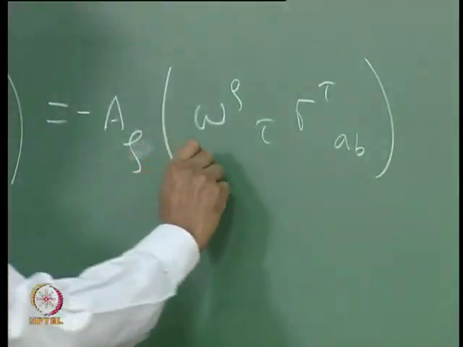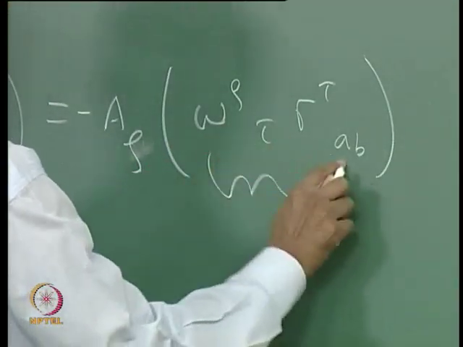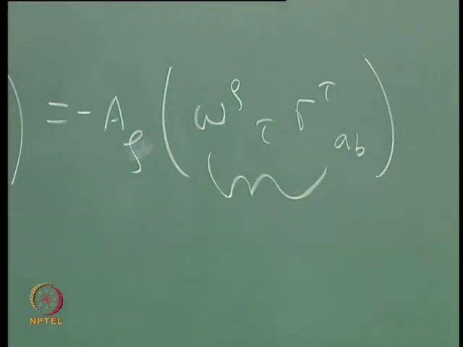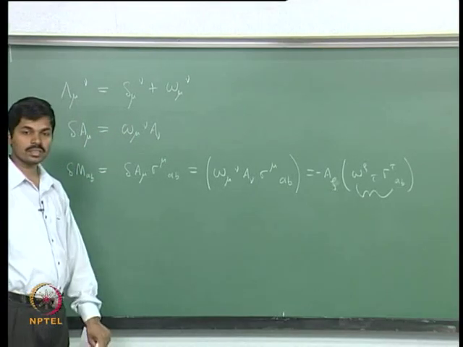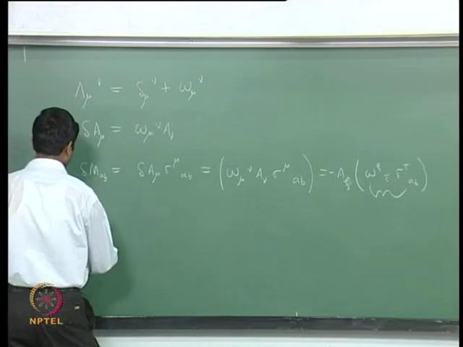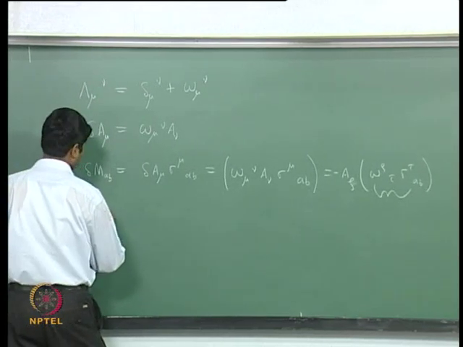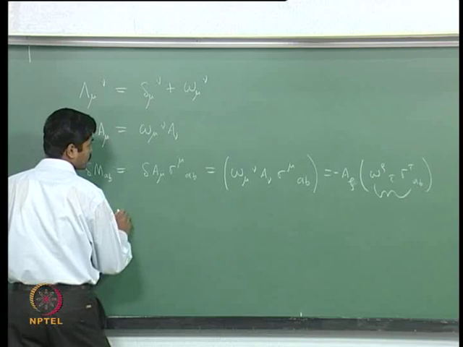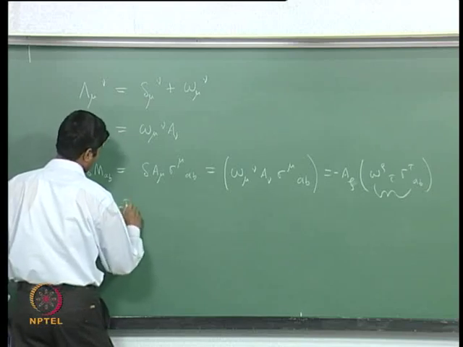I want to rewrite this quantity inside the bracket in a slightly different notation. What I claim is omega rho tau sigma tau of AB